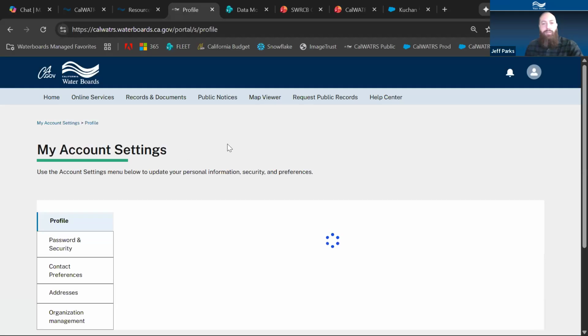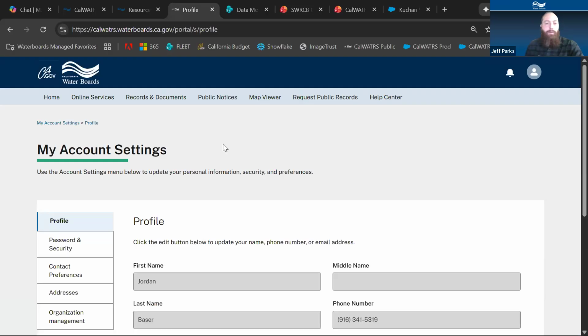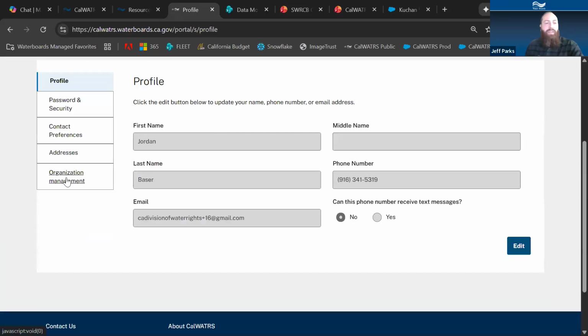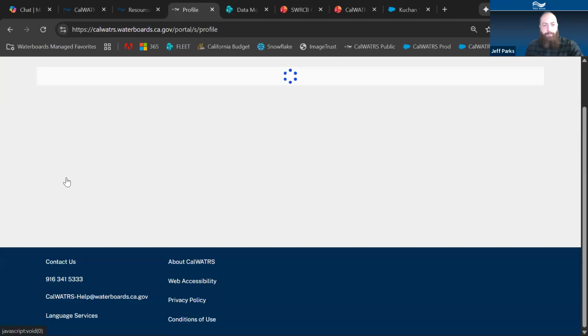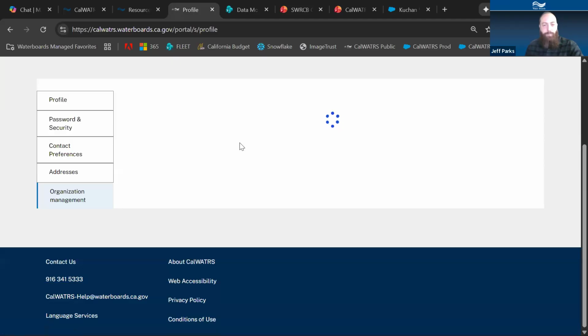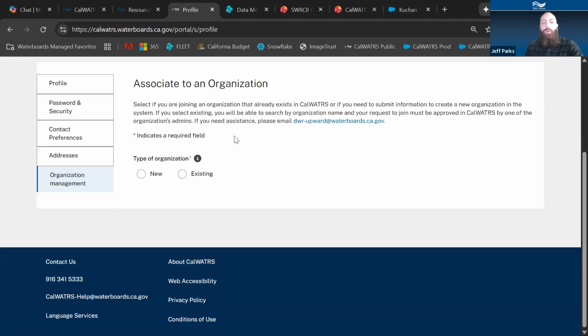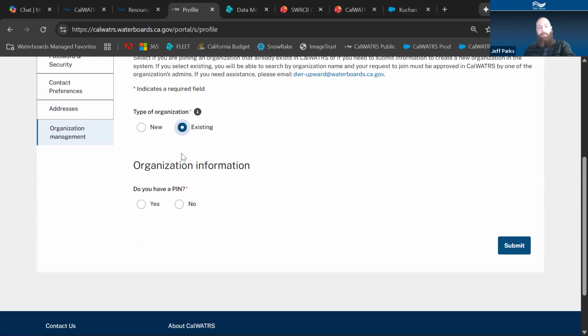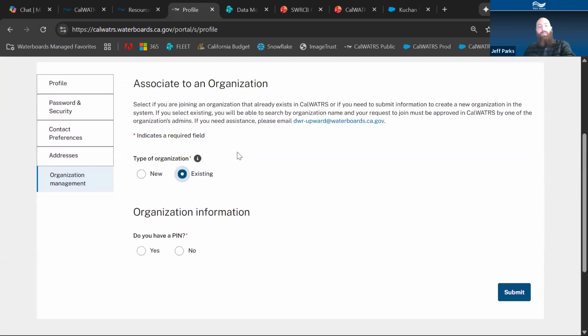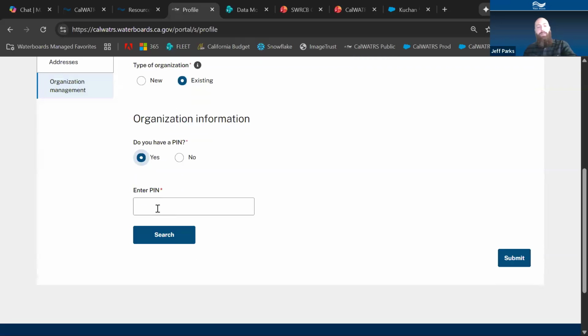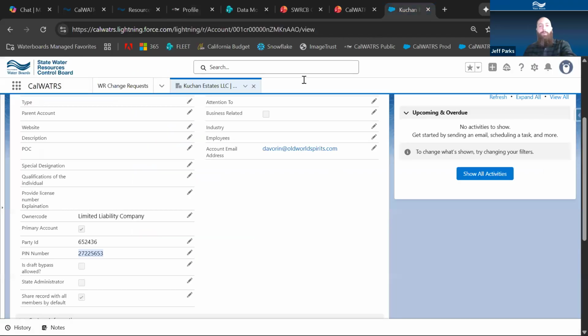When you're in your account settings, you'll see that there's a tab called Organization Management. So if you have that letter and you have the PIN, this is where you use that PIN. You're going to say that you are part of an existing organization, and that yes, you have a PIN. And when you put in that PIN, what it does, first,